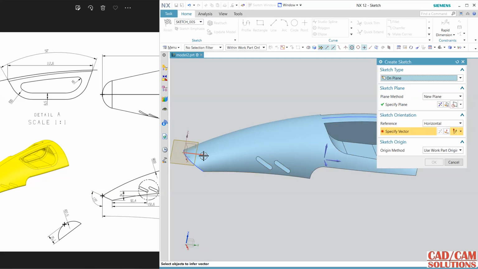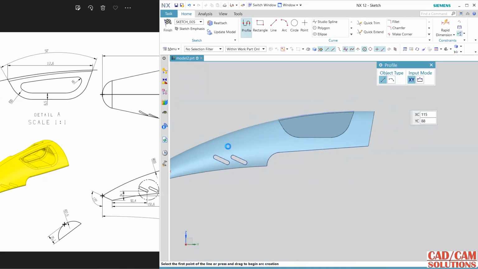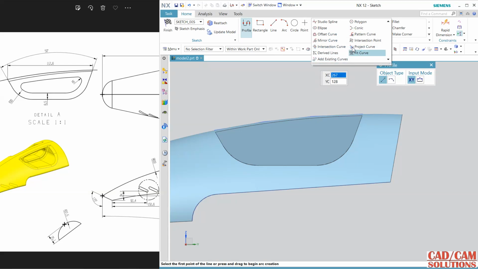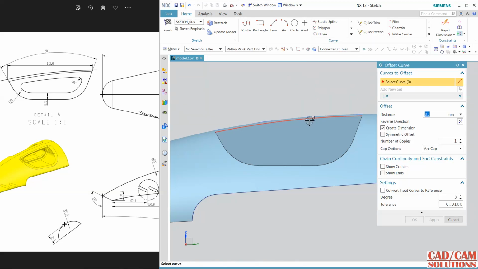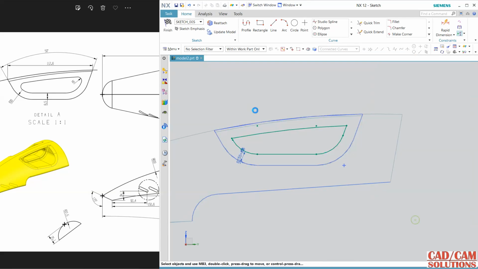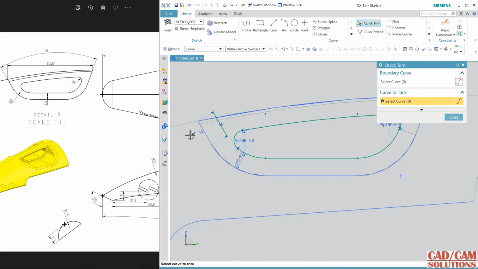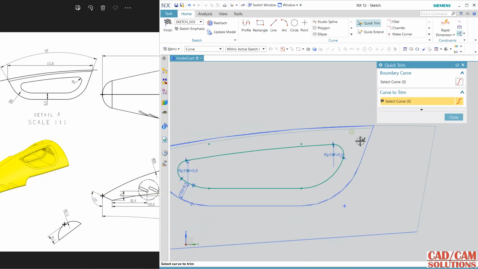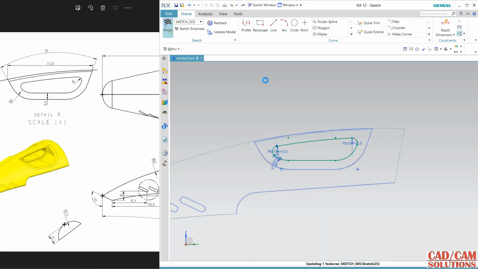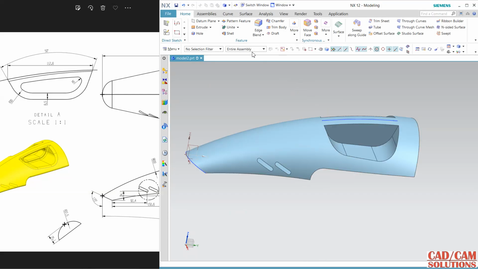Now I want to cut this inner portion, see here it is, so I'm going to use the offset tool in a sketcher and go to this offset, and the curve is not visible, so I'm changing the shading mode, and 8.5 is a gap but it is inside, and okay, and the fillet is 5 radius, so use 5 as a fillet radius, and from here also, and use trim, delete it and trim this one. So this is a sketch, hide, shading on.